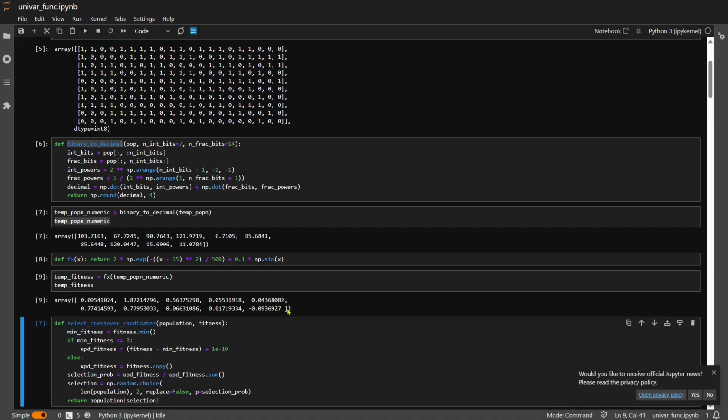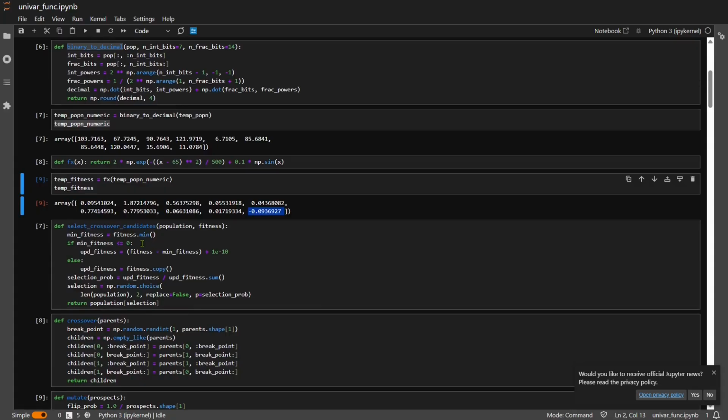So these are the values of fx for these values of x, and here you can see that we can get negative values as well. We'll be factoring this in when we do the selection of crossover candidates,